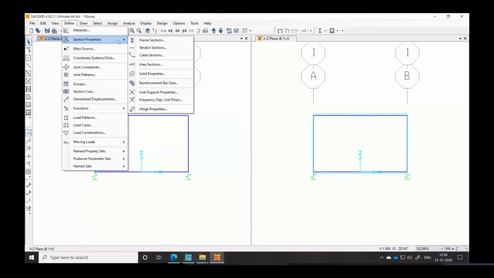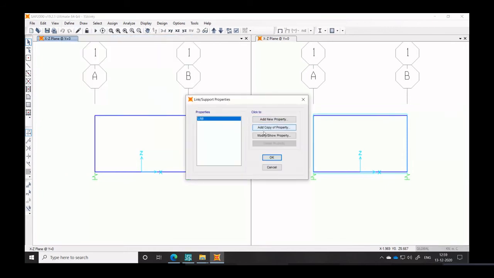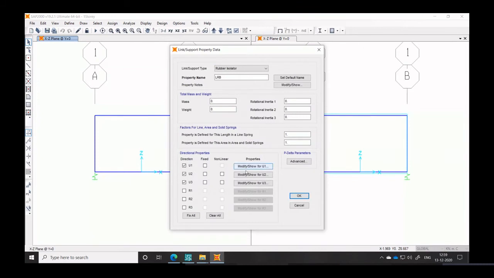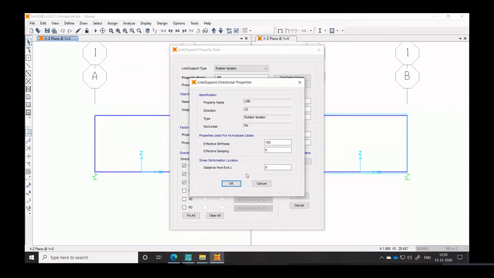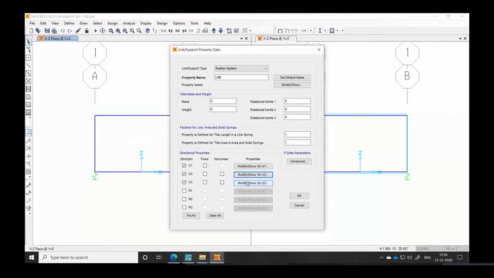So in the link support properties, I will go to this LRB element, modify it, and change the shear stiffness, which is U2 and U1. Let us make it maybe 5,000 here. I'm changing it significantly so that it becomes comparable.